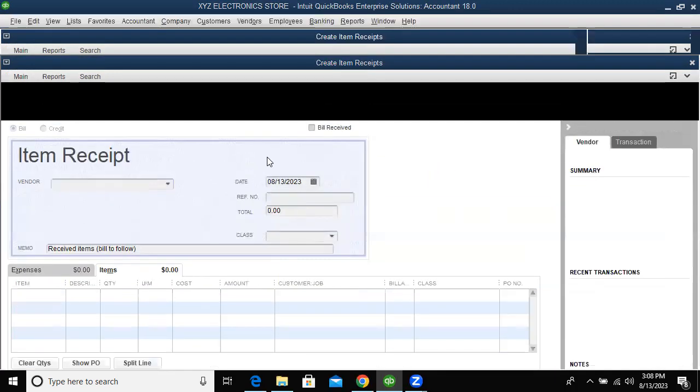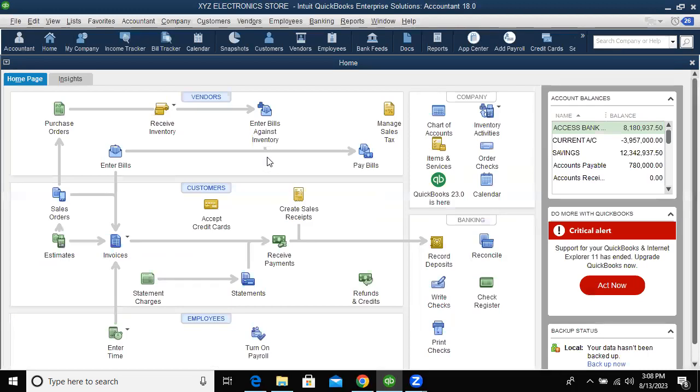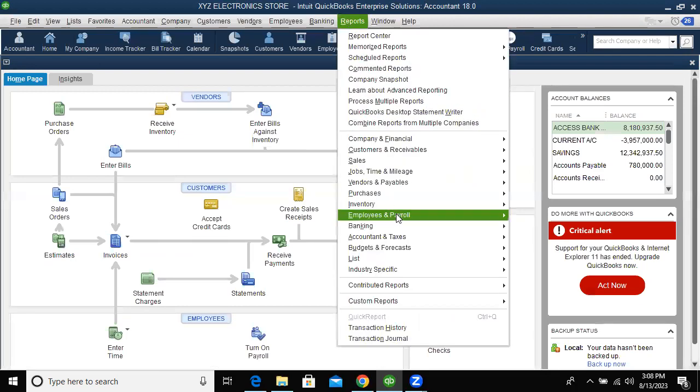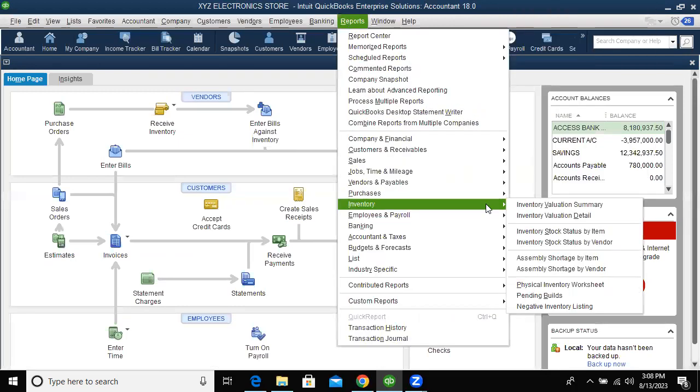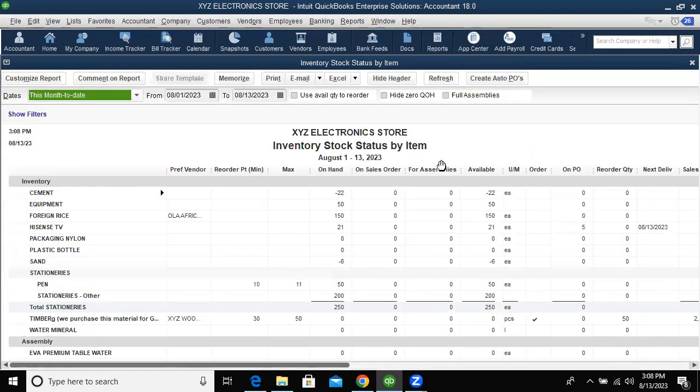So this way we have just received that inventory. How do we check if it has actually come in? Your report will do that for you. Go to the report module, come down to inventory, then go to the option that says Inventory Stock Status by Item. If I click on it, it's going to show me a full breakdown. Which item did we order? Remember when we entered stationeries, we also entered